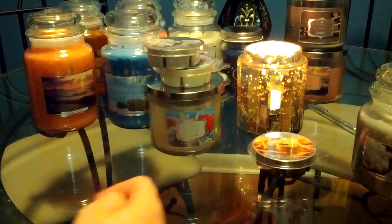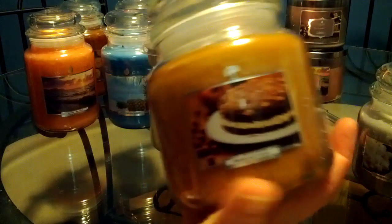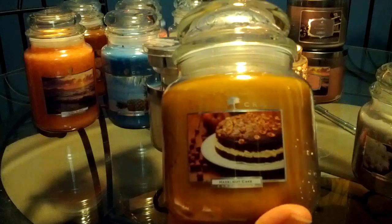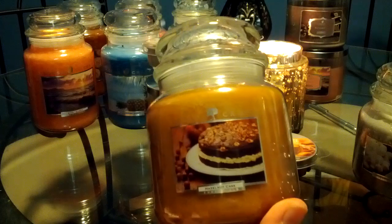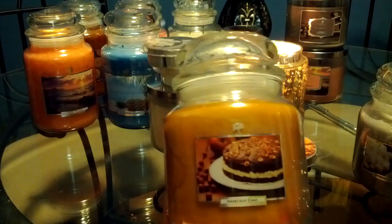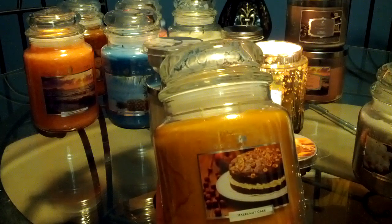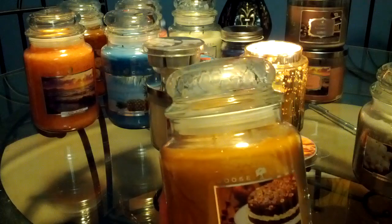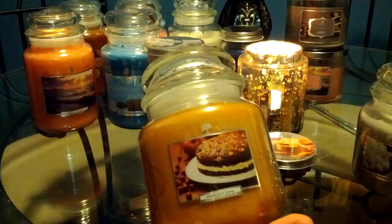Okay, and then one more thing that I found randomly. I was in Tuesday Morning. I don't know if anybody else has Tuesday Morning stores by them. It's kind of an outlet store. And they carry Goose Creek stuff sometimes. And so I saw this hazelnut cake. It was $7 for this jar. And I had purchased the wax melts in this, but I hadn't tried them yet. So it actually ended up like walking out of the store. I didn't get it. And then I'm thinking about, I'm like, man, I don't know. So I got home, immediately melted the wax melt, really liked it. And then I think a couple days later, I went and got the candle because